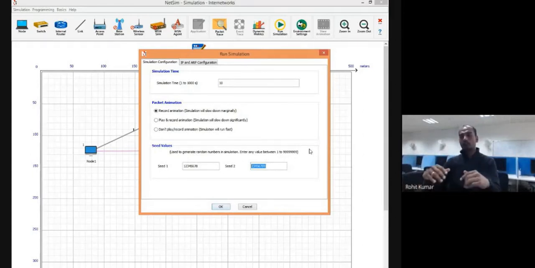So that's why, if you want to create a random application, or you want to have the real effect in your simulation, then obviously your traffic must be real time. But how will your traffic become real time? You don't have the real devices here to send traffic onto your network. So you have to generate that traffic and make sure it is random. To make traffic random, you need to choose some sort of random traffic generator.